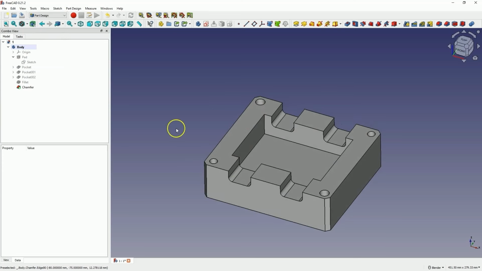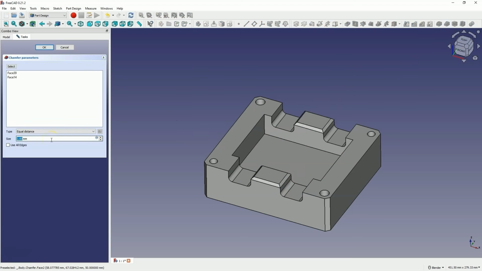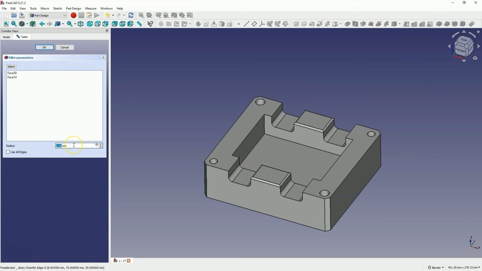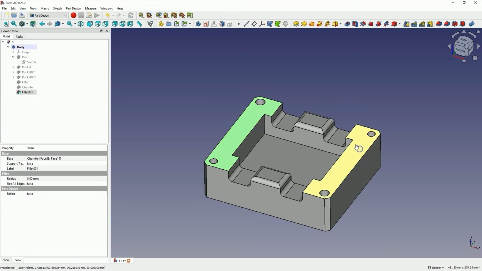And if we would like to add chamfers or fillets to all edges of the selected faces, we select the faces, do this with the Control key, choose the appropriate command, and add a chamfer or fillet with a specific dimension. I will cancel this, and I will add a fillet here. And when it comes to adding chamfers, I will select these two surfaces. Here I choose the chamfer,